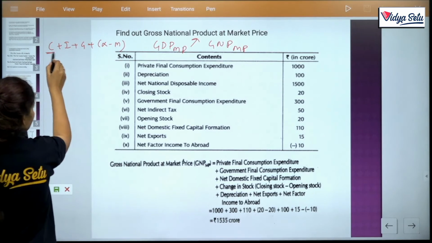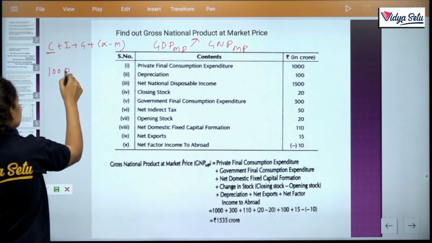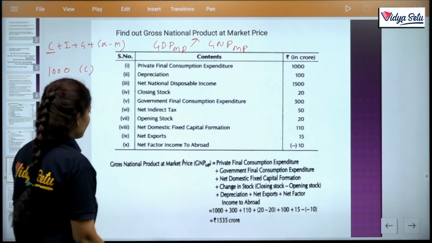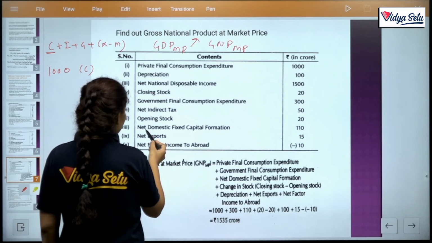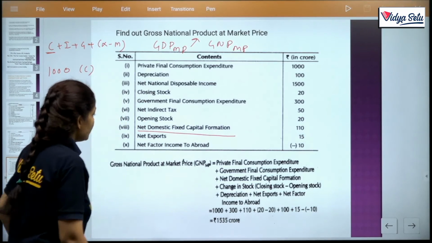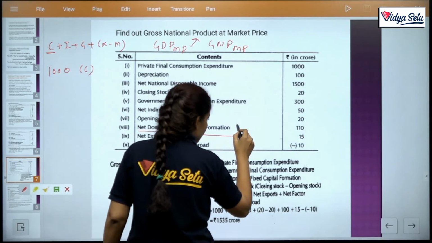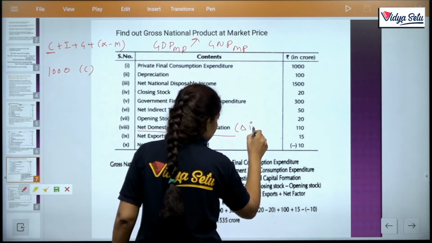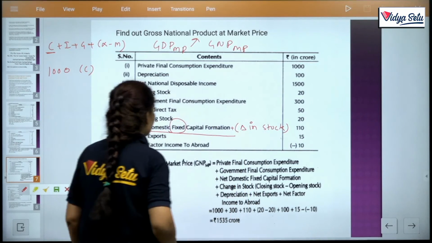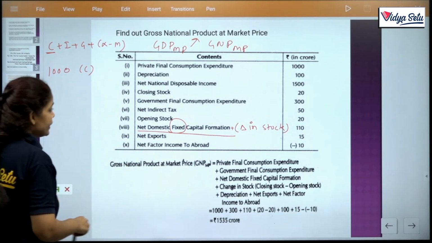So where is C? C is this, so 1000. There is C. Then for I, there is a net domestic fixed capital formation. So if the word is fixed capital formation, then we have to give the adjustment of change in stock, or we have to add change in stock in this. Clear? So for I, net domestic fixed capital formation 110